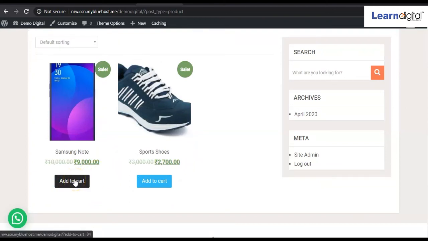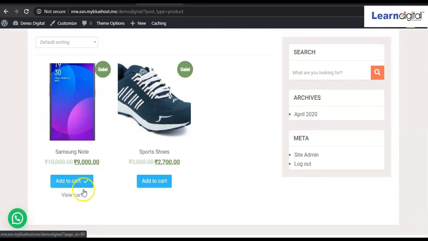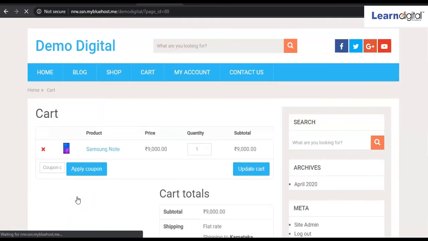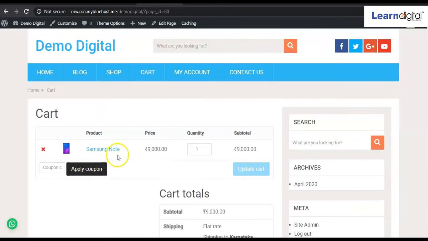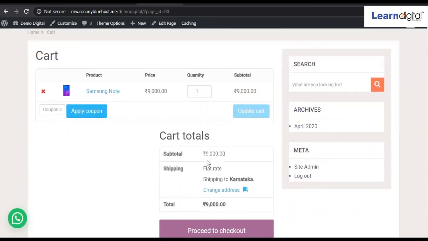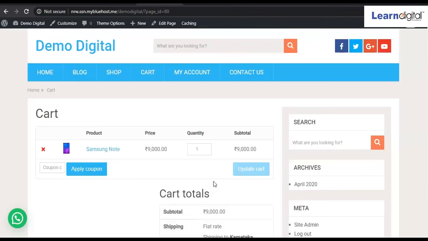So simply I'll be adding, click add to cart. So I have added this to cart, right? Click on view cart. Okay. So guys, you can see here that this product we have selected. The price tag is 9,000. Fine. And flat rate shipping to Karnataka. That means that shipping option we have created. But now, suppose you want to use a coupon code, so the coupon code we created is demo 20, right? So if you click on this one,